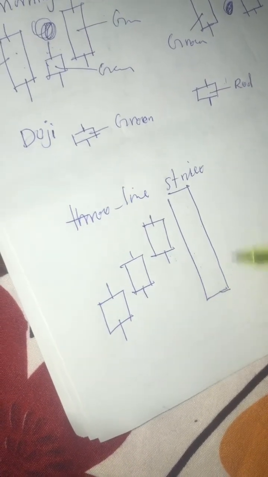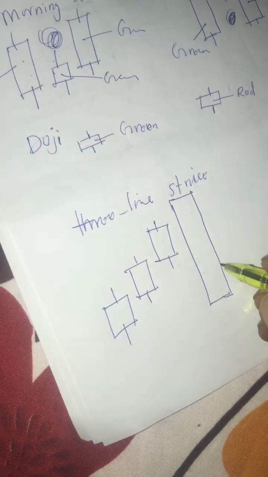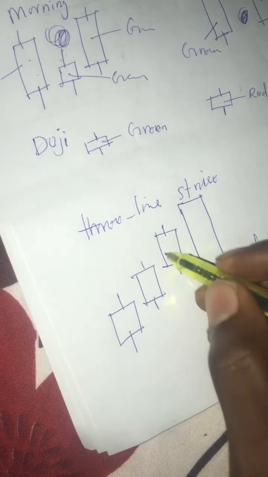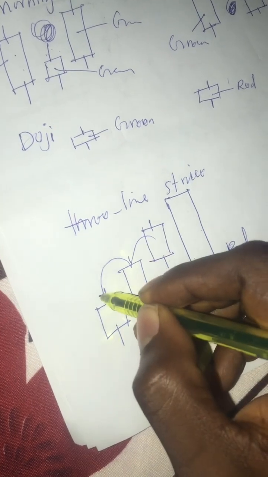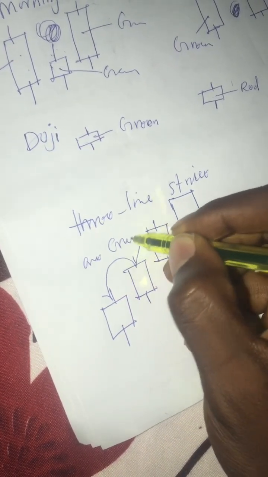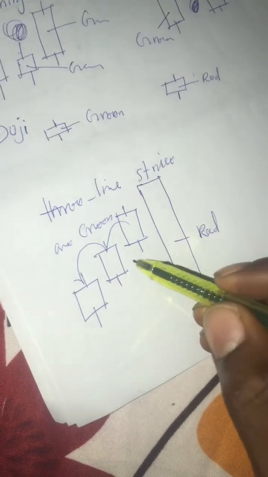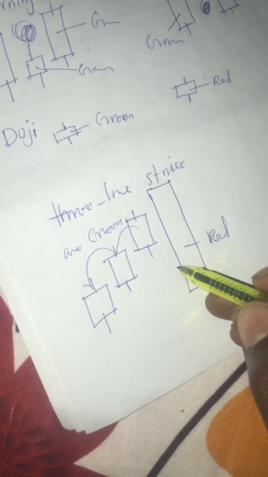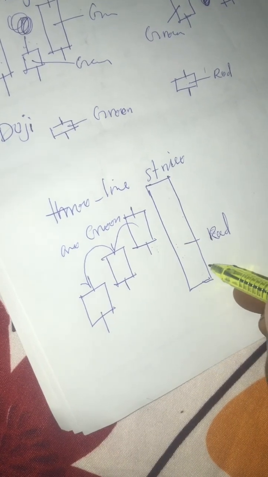You must see this candlestick on your chart. You must see this big one is red, right? And these three are green. You understand? So if you see a candlestick like this, it's telling you that there is more selling pressure